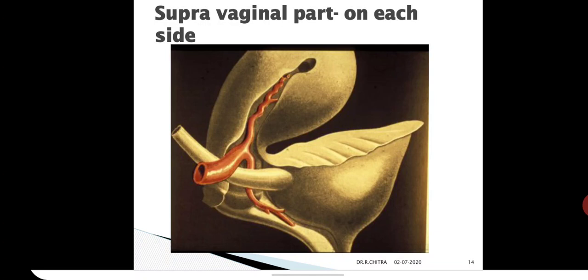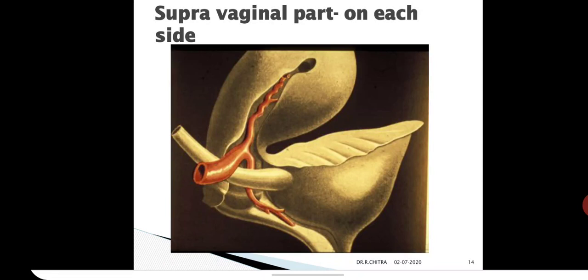This is the most clinically important point when you are doing removal of the uterus, hysterectomy surgeries. So you should be careful of the ureter lying just 2 cm lateral to the cervix. The uterine artery crosses above and in front of the ureter from lateral to medial side. So you are using the uterine artery also. You have to ligate the uterine artery to remove the uterus. But how it is closely related to the ureter, you should try to understand the anatomy before surgery.